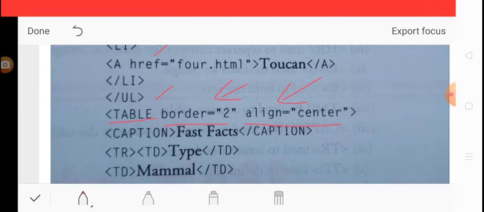Then after that, the caption tag. The caption of the table is Fast Facts, that is the heading of the table. So we just write it inside the table tag, caption Fast Facts, and then after that